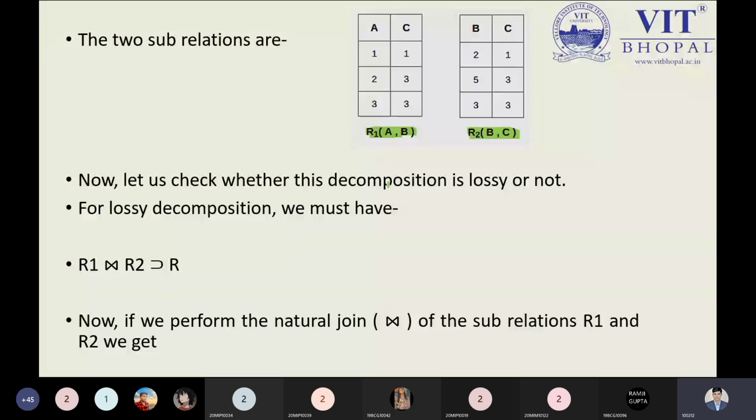If you try to do something, what we have to do is perform the R1 relation join on the R2. So we found that this is not the answer as we must have. We must have the R relation, but here we are not having it. Let me show my proof over here. You can see.